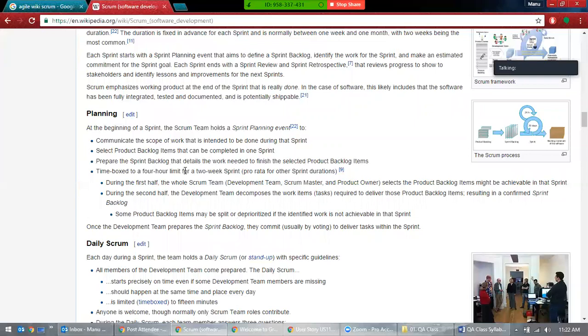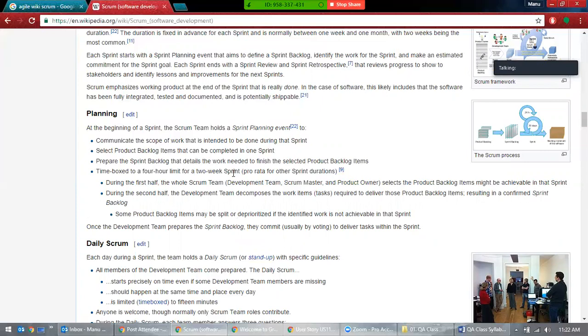In this sprint planning, it will be a 4 to 6 hours meeting. It doesn't go beyond that, but it is a 4 to 6 hours meeting.